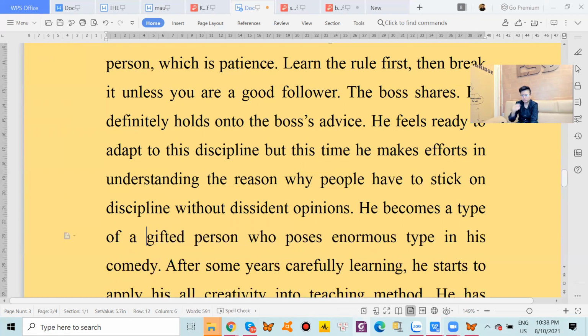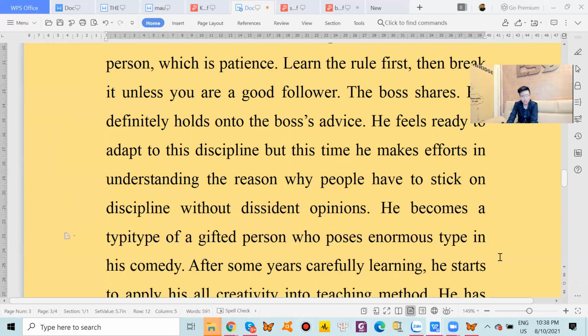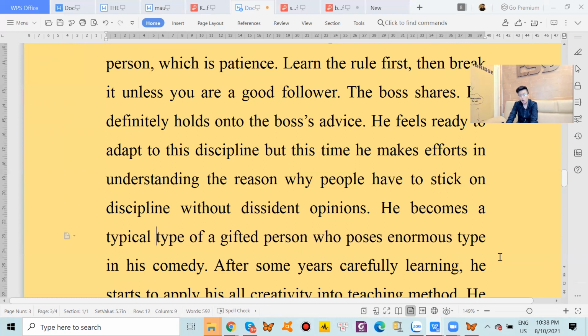So it sounds a little bit like mumbling when we write like this. He becomes a typical type. Okay, at least add some adjectives to go with the noun in order to make your noun sound clear. So right here, he becomes a typical type of a gifted person